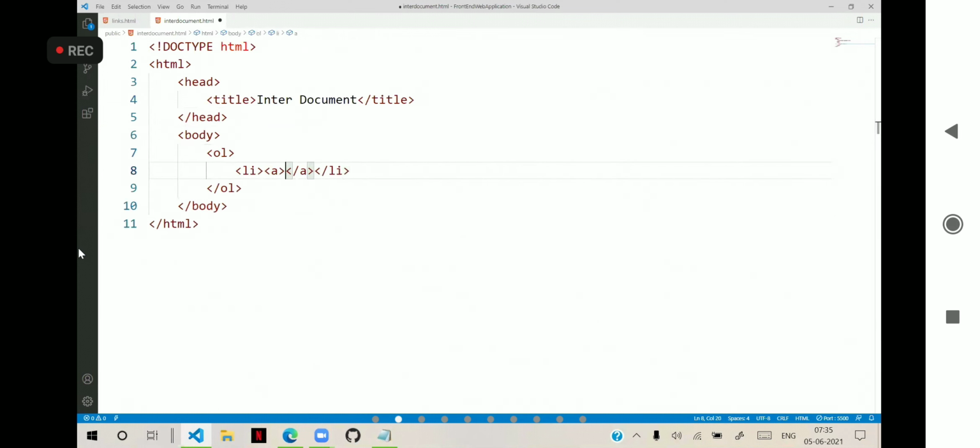For example, suppose I say CSS tutorial, and href is equal to doc/css.pdf. I have a PDF document, and it can link to that PDF document. So it can be so many options.